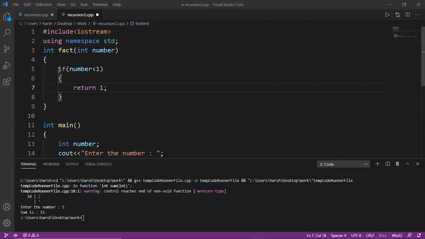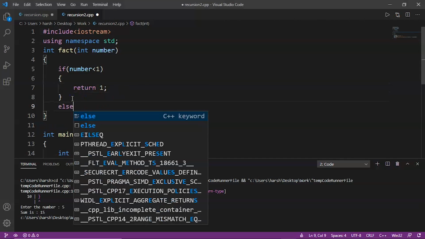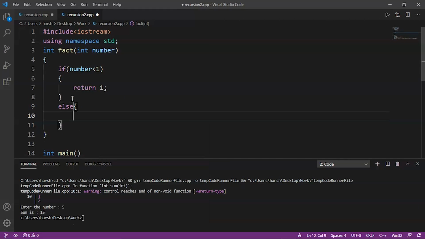So here we have written this condition because, as we know, the factorial of 0 is 1, and if a number is less than 1, it means it is 0, and if it is 0, then our program should return 1. And we will write now else condition,